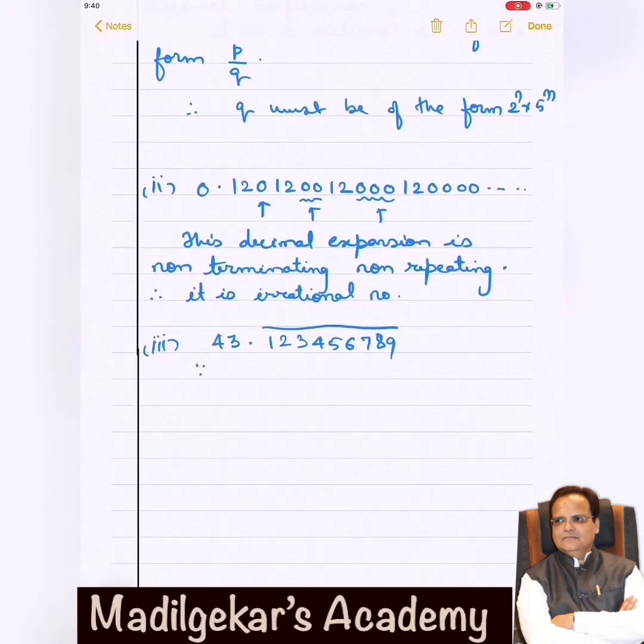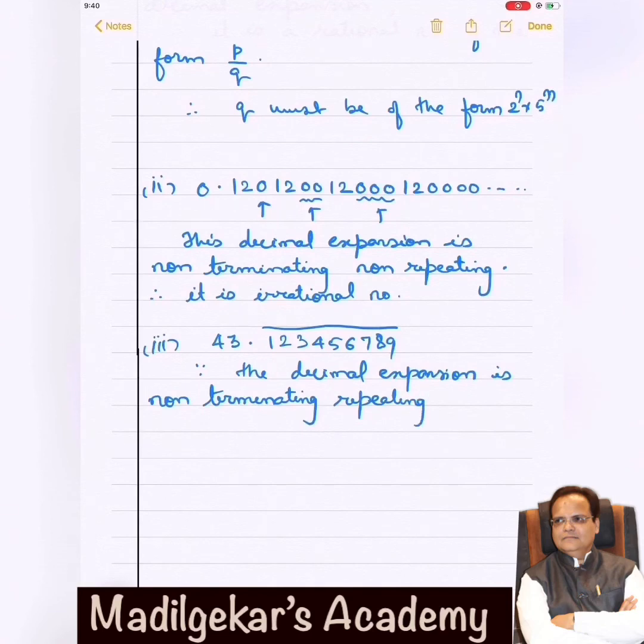Since the decimal expansion is non-terminating, repeating, the given number is a rational number